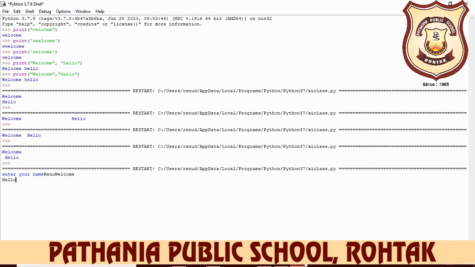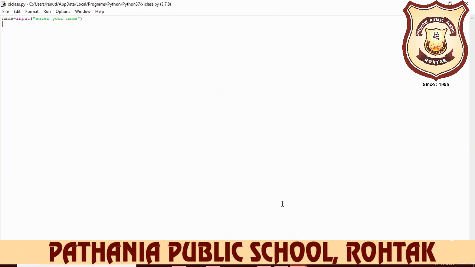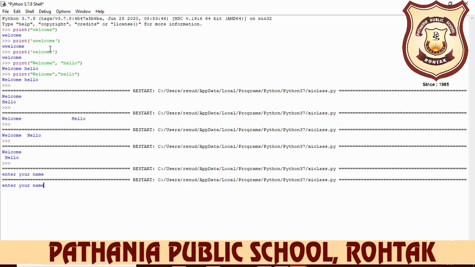So again open it, okay, and now you write here print, and here the variable name is name. So you just write name, then close the bracket and then F5, then okay. Now enter your name. For example, again I have written here Renu. Now you see the output is only Renu. Now understand the difference between input and print. Input always accepts the value from the user side, and print always displays the value on the screen.